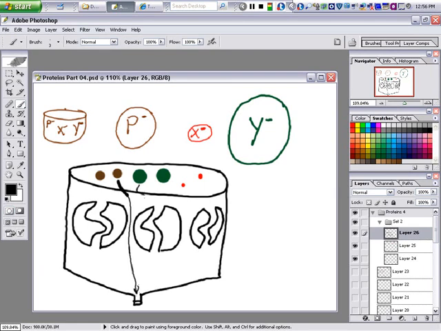Y can travel the short route and go through these beads very quickly. But something that's really small like X can fit into these holes in the beads. And so X is going to have to travel through these beads, go into these beads and travel all through here. It's going to take them a long time to get out of these beads, and they're going to eventually come out. And so when you do something like this, your first fractions here, the things that come out